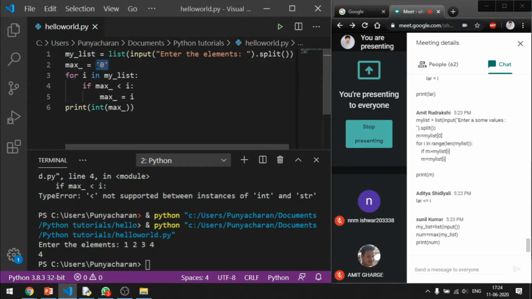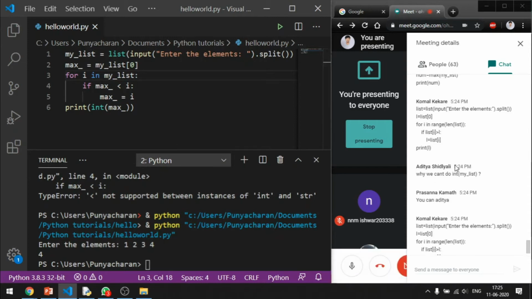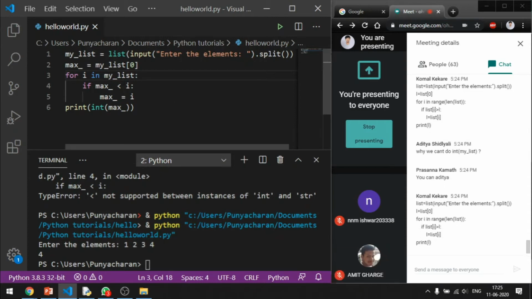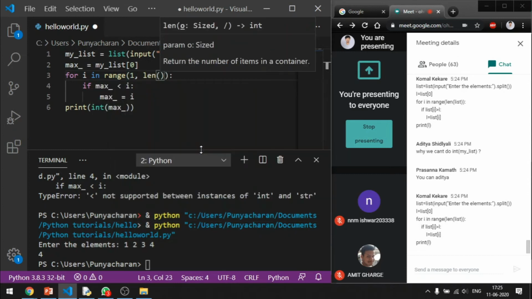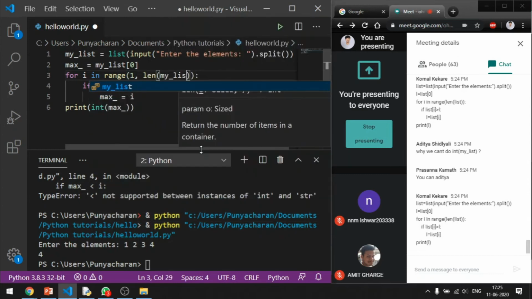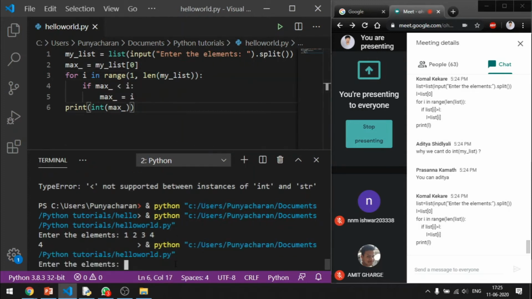All right. There is one more way to do it, an efficient way. Assign my_list's first element itself to max. Problem solved. In that case, you can reduce one unnecessary iteration, using range of 1 comma length of my_list. Let's see.